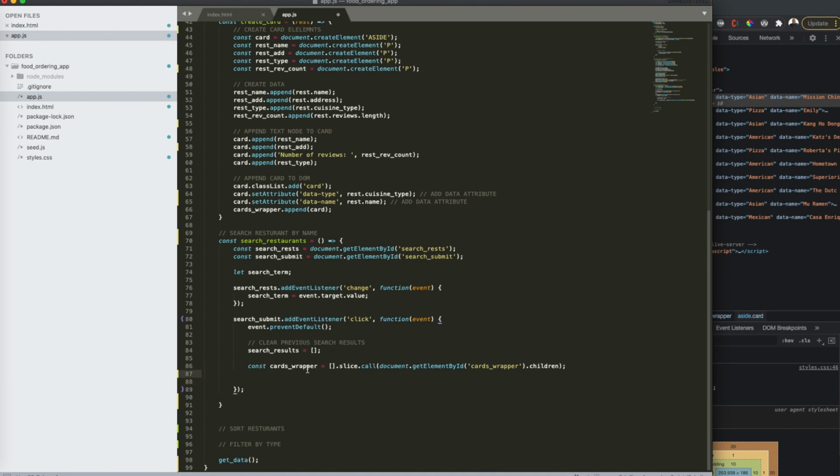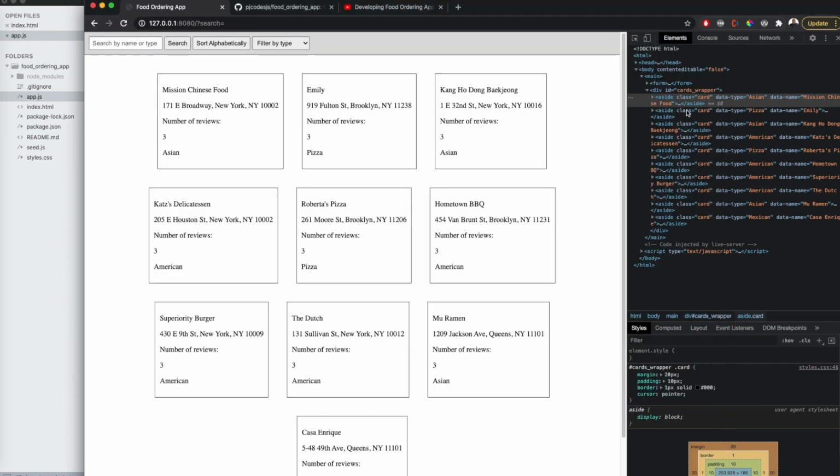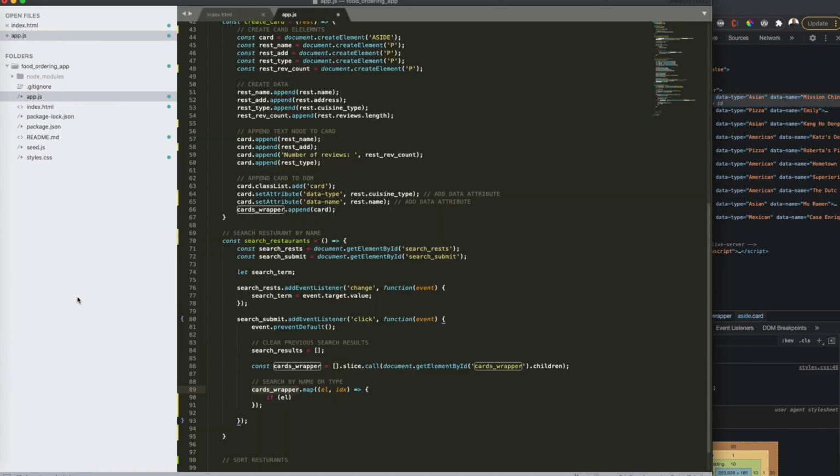Okay, so let's see. Down here, let's do search by, let's move this out of here, name or type. And we'll do cards wrapper dot map, and the reason we want to do map is because map creates a new array as opposed to forEach, which just mutates the existing one. So now we're going to do our check. So now as we're looping over our cards wrapper, which is this guy here,